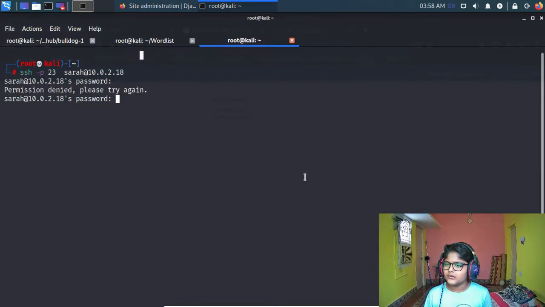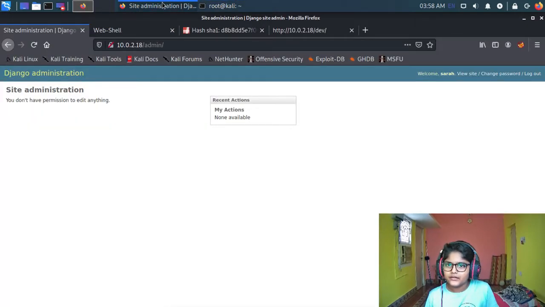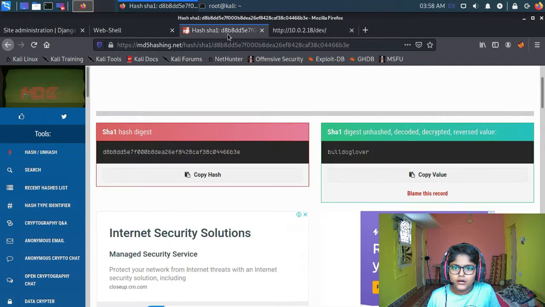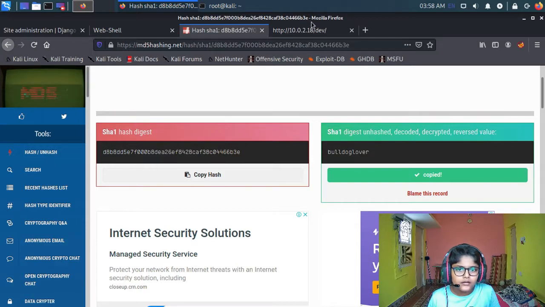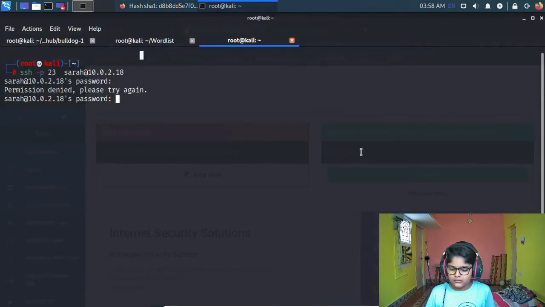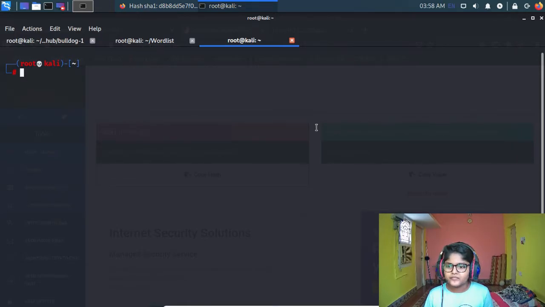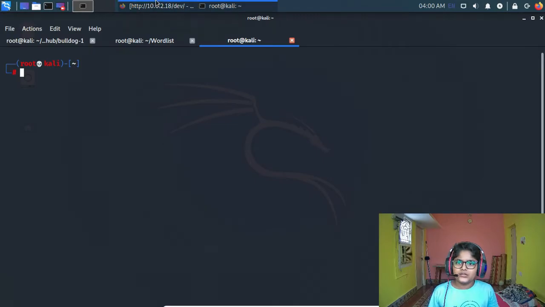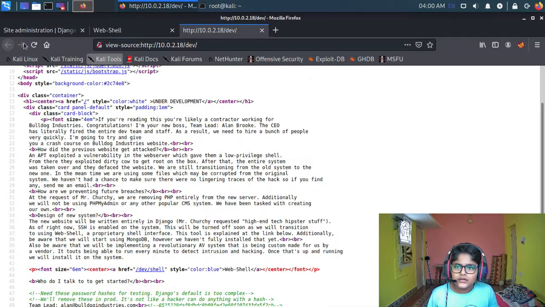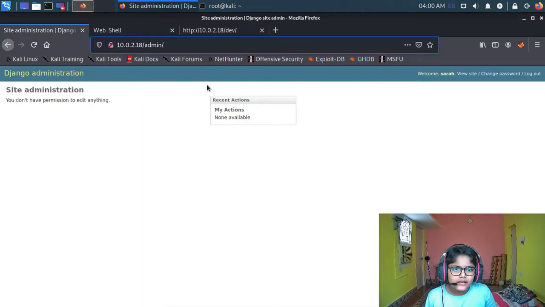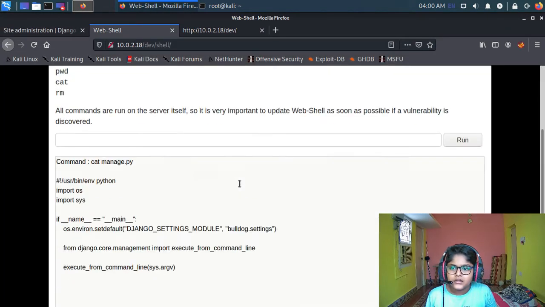Is that the right password? Okay, it's not the right password. Maybe I typed it wrong, so let us try it again. Nope, it's not the right password, so let us quit. So that wasn't the SSH password, so let us go again here to the web shell, yes.